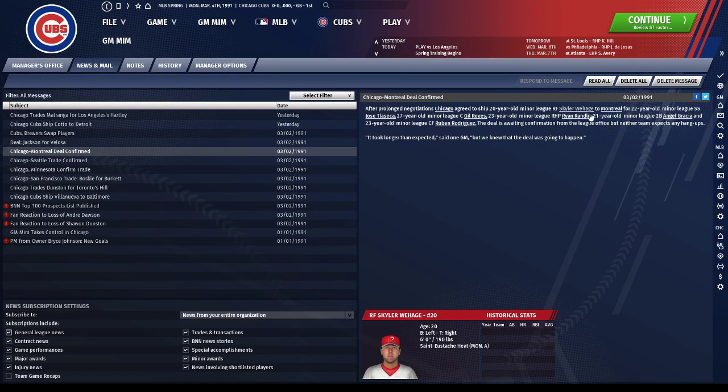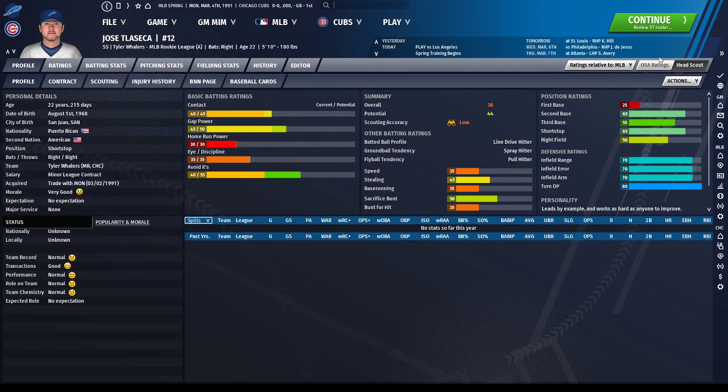So this was an expensive trade as far as giving up one of our few really good, really young players, or hopefully they'll turn into a really good player. But this shortstop prospect was too good to pass up when I saw these defensive ratings, and the fact that he's already